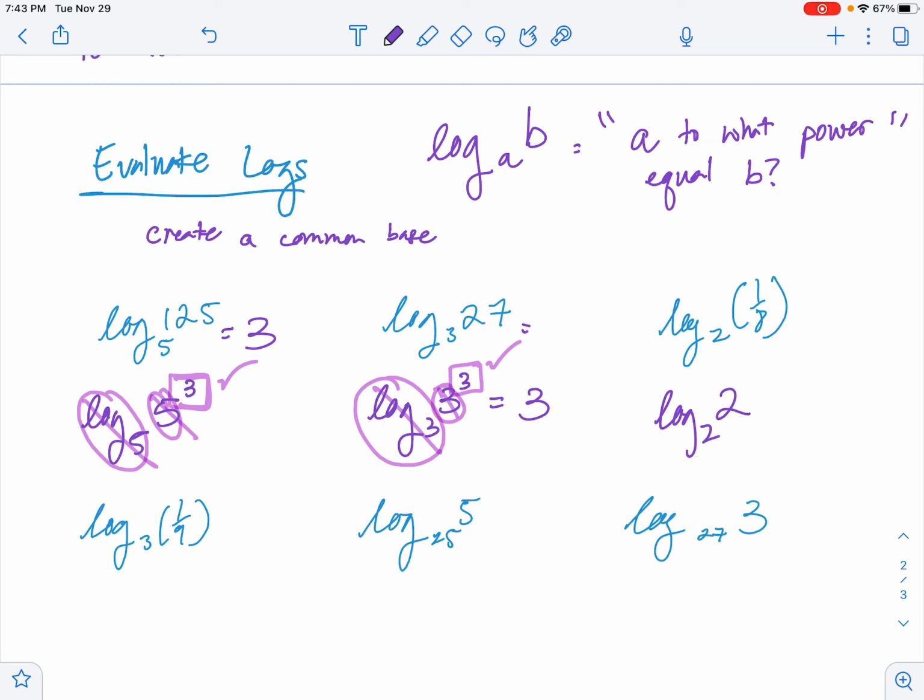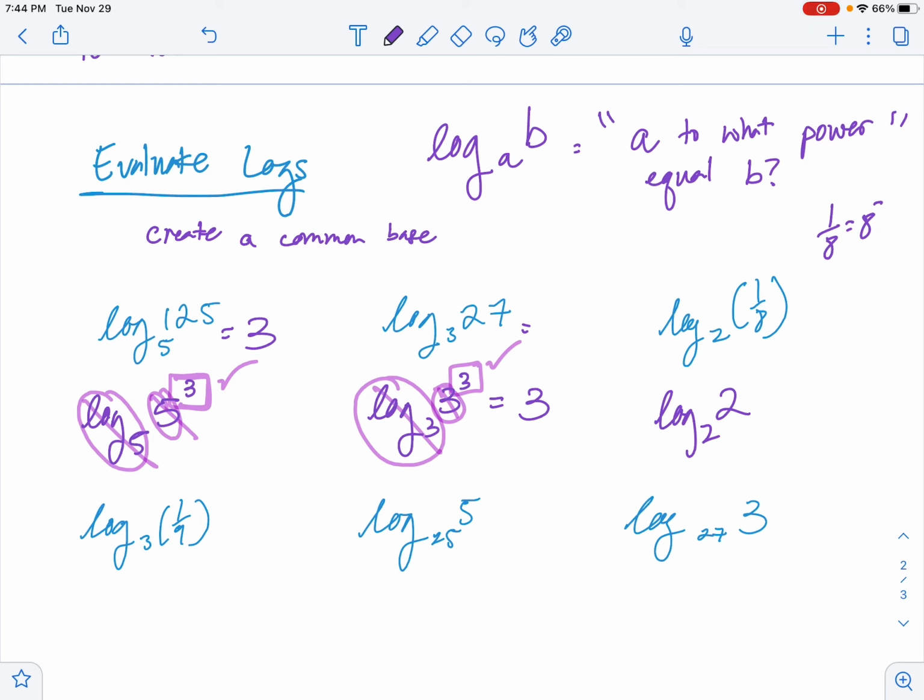Now, 1/8. If I want to change it to a non-fraction, meaning I want to bring this 8 to the top, I can change it to 8 to the power of -1. Having a negative power pretty much switches it to the other side of the fraction. So I can rewrite,